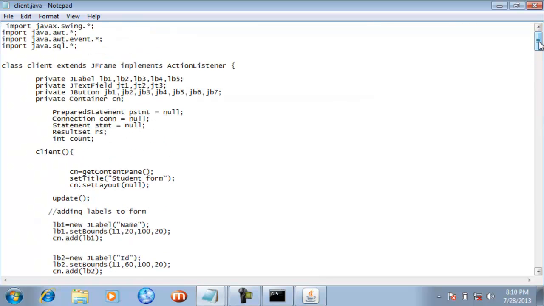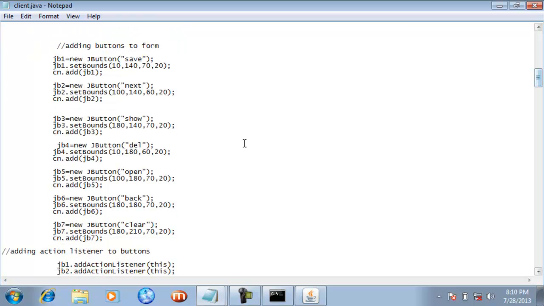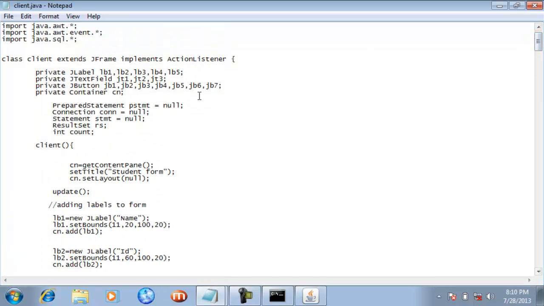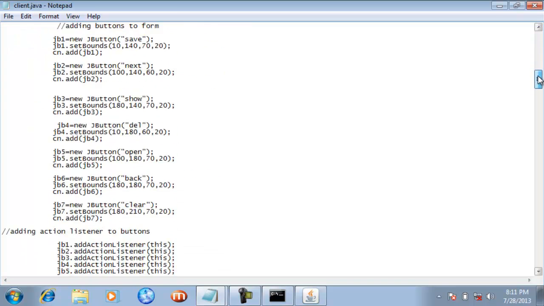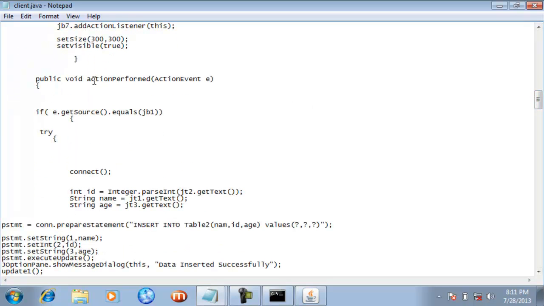If you come inside your constructor here guys, see here JB3 is related with this show button, and moreover the object reference variable is JB3. Also see here that I have added an action listener to JB3, and when you click this show button, this action method is called, as you can see, and now this E holds the reference of that JB3 button.